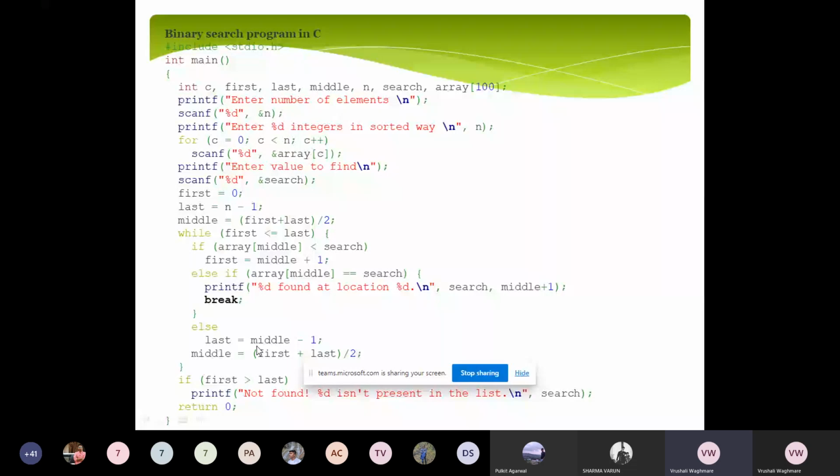So if we see the condition in this loop, the number of repetitions of iteration depends on first plus last divided by 2. The number of iterations in this loop is going to be incremented for first plus last divided by 2. I have explained this in time complexity. Here it is a while loop; we can do it with a for loop also. I will take that code in the next lecture with the for loop.